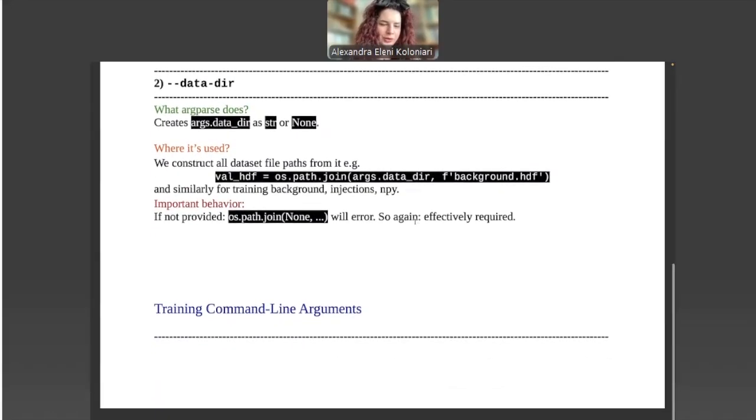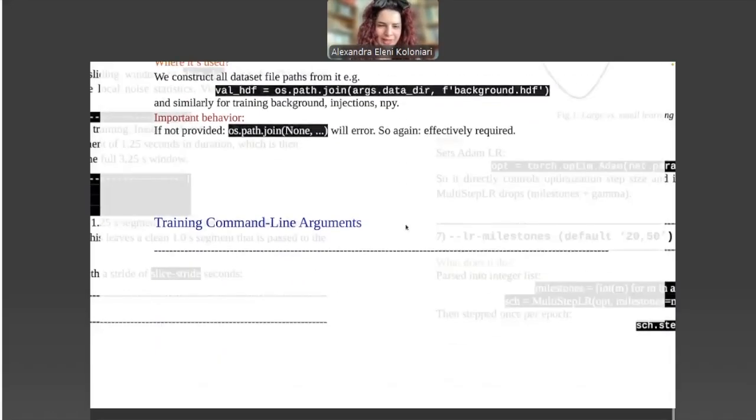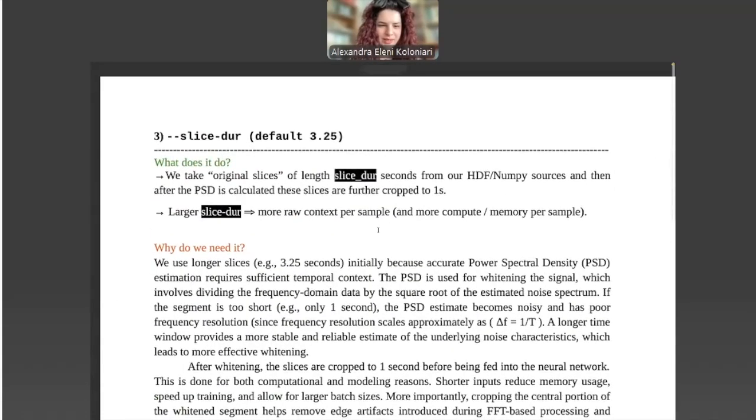Now, going to the actual training command line arguments. One of those arguments is the slice dur, which corresponds to the slice duration. So what does this specific argument do? We are basically taking original slices of length equal to the slice dur parameter in seconds, and then we use those to calculate the power spectral density we use in order to make the whitening.